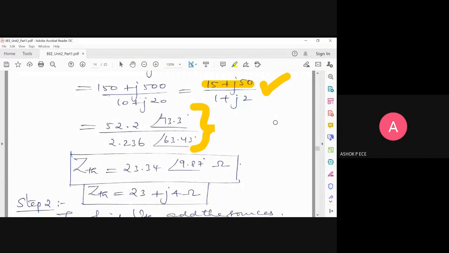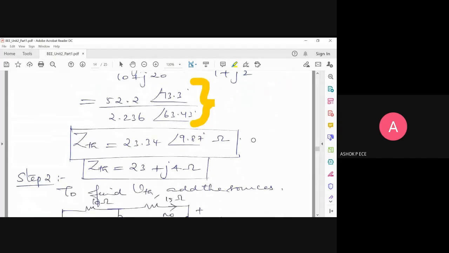Whenever complex numbers you get, I again say you have to do it very, very carefully. Even a single j you miss, gone. Instead of plus j, you put minus j, gone. And cross-checking the answer in AC is even more difficult. DC is easier, you can cross-check, but AC it becomes very, very difficult. So every step, utmost caution you have to exercise.